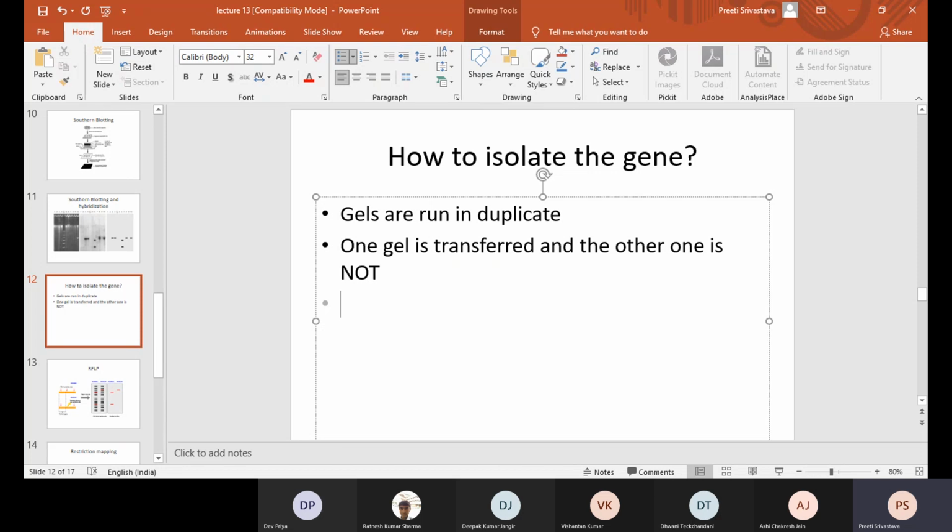Ma'am, it is clear. Ma'am, I was asking, what is the order of electric field we apply there? Normally we apply 100 and 200 volts. In that case, there won't be so much heat. Right, so for transfer we actually use constant voltage, but we use 200 milliamperes to 400 milliamperes current.